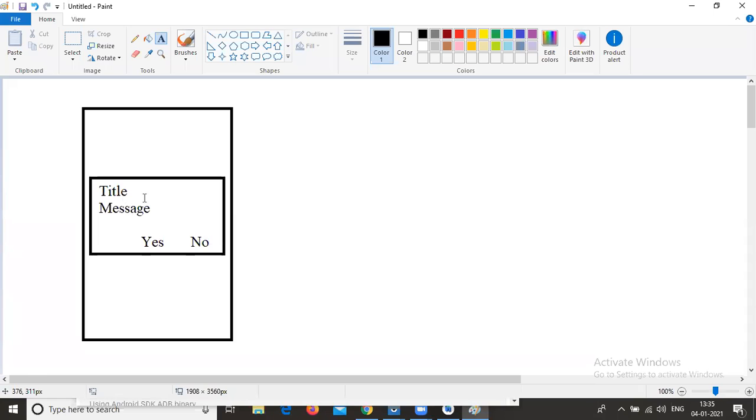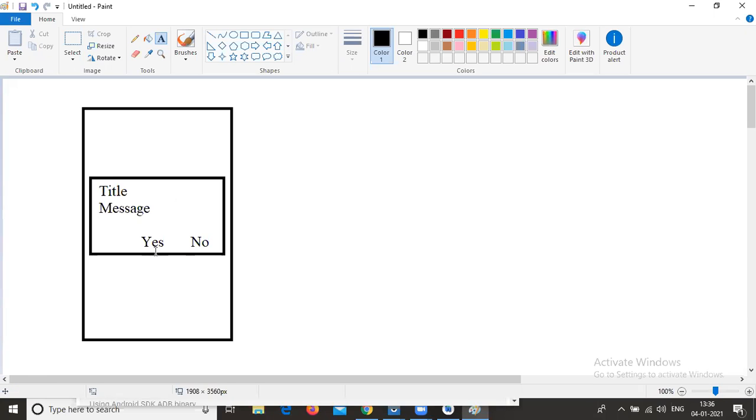In case you are using any icon, app icon, you can use it based on our requirement. If you are using this type of alert dialogues, there is a class called AlertDialog.Builder. In case you want to develop this type of alert dialogues, we can communicate with the AlertDialog.Builder class. So this is the alert dialog.